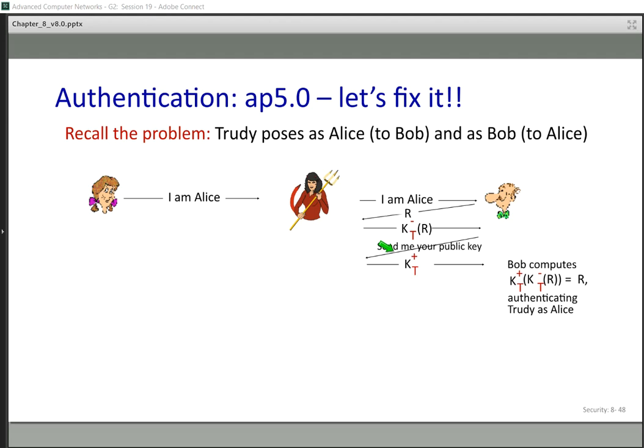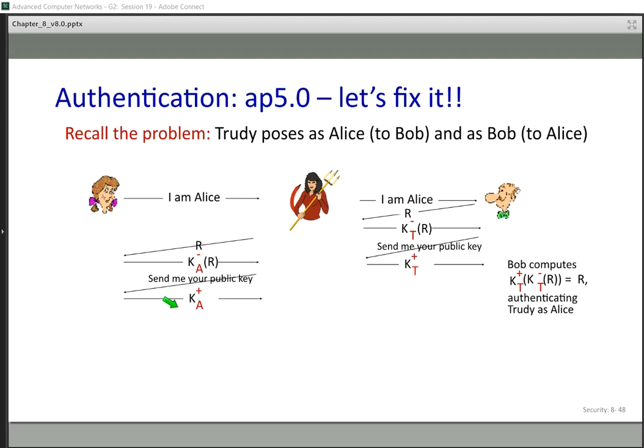I'm Alice. You get this one? Everything is great. Instead of Alice, Trudy starts a secure connection with Bob. "Oh, I'm Alice," and Trudy used her keys, her public and private keys, to make a connection with Bob.